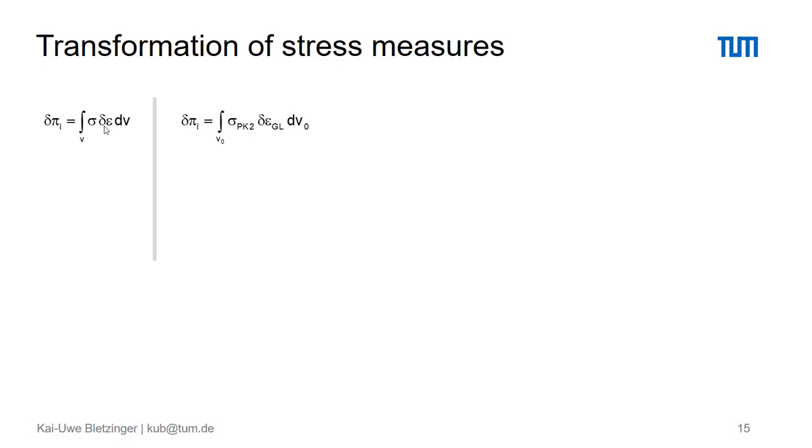just by integrating over the body the product of the stress at the point times the virtual strain at that point. And let's look into 2 alternatives, with the Piola-Kirchhoff stress second kind and the virtual strain in terms of Green-Lagrange. In this case you have to integrate over the initial volume, the initial length times the initial cross-section. And if you just take the pair of Cauchy stress and the logarithmic strain, it looks like that with the virtual logarithmic strain, and we're integrating over the actual volume.